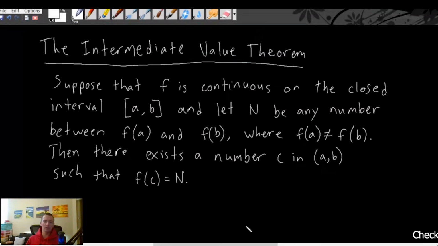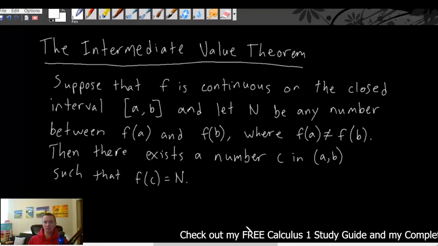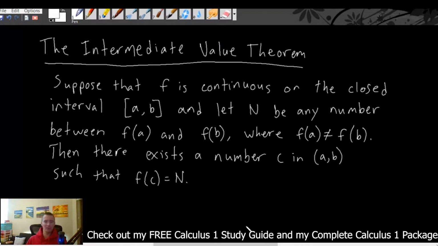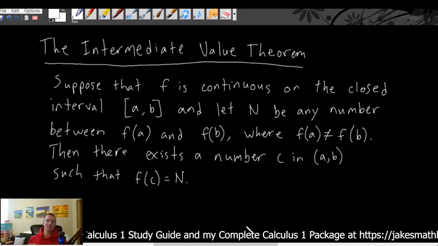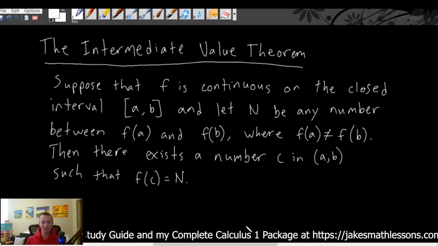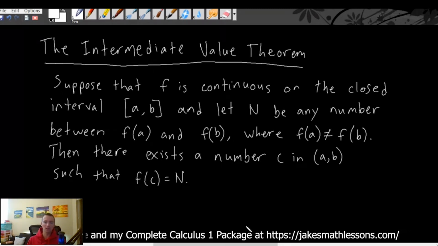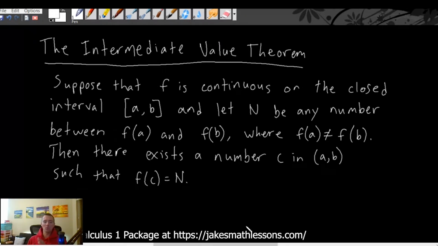Basically what the intermediate value theorem says is if we have some function f, and I'm going to just tell you exactly what the theorem says to start, and then I'll get into explaining visually what this looks like and what it actually means, because I know a lot of times when you're reading theorems or different things in calculus, it sounds like nonsense. So I want to be sure to explain what this really actually means in English instead of in math. But what the theorem actually says is we have some